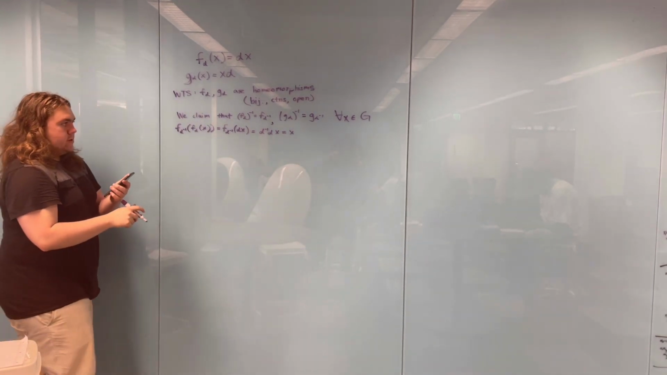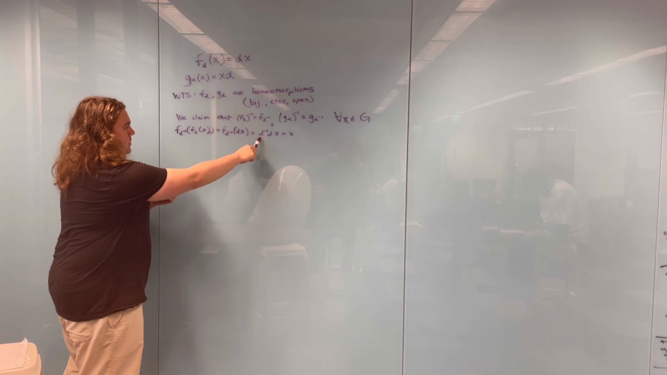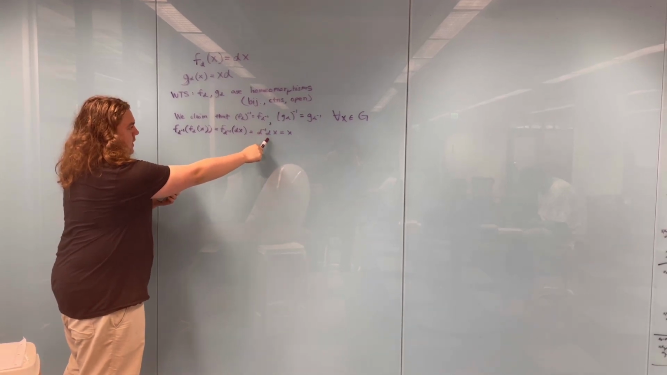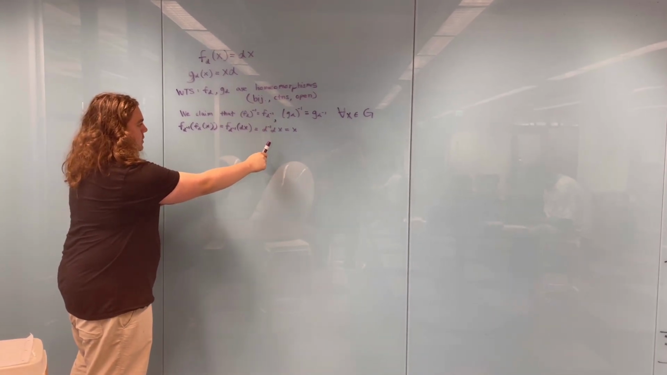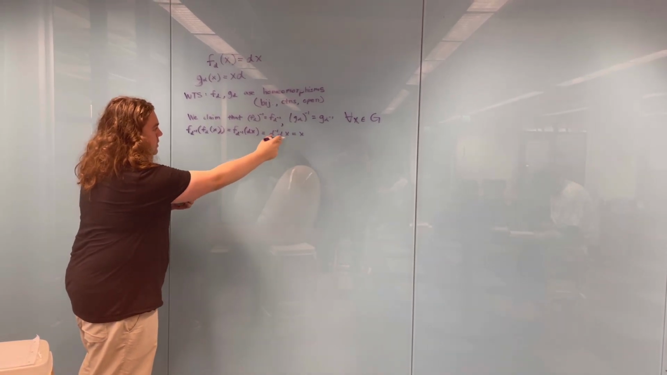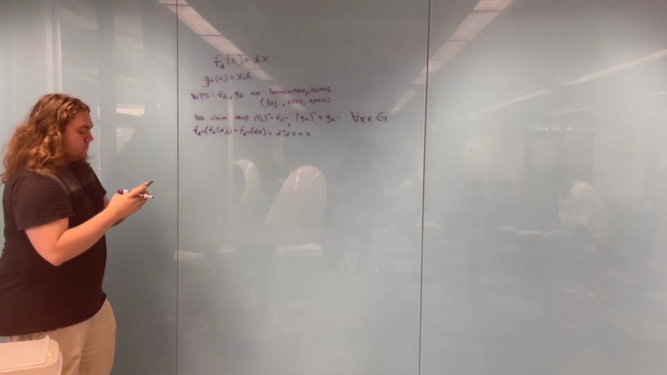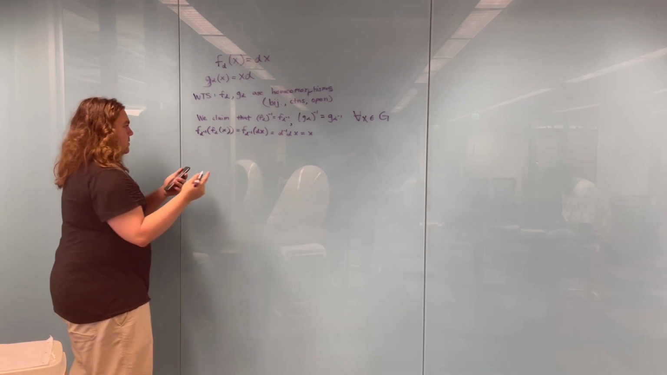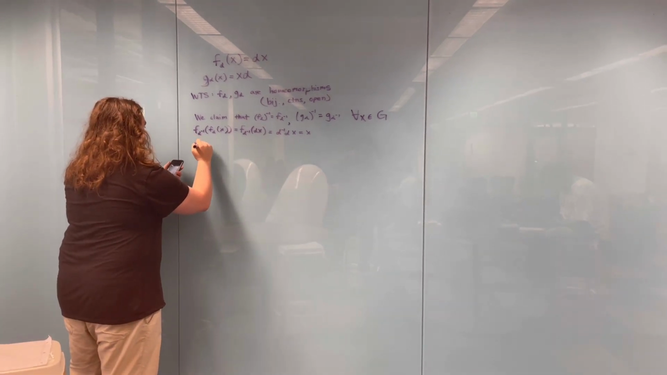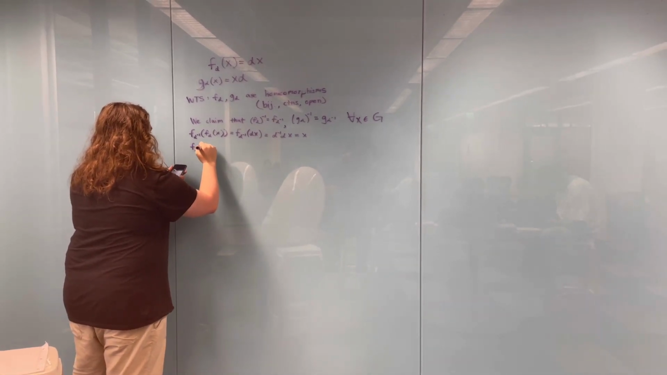So simply here we can see that the alpha inverse and alpha are canceling out just to produce the identity, which just leaves us with x. And similarly, we have f alpha